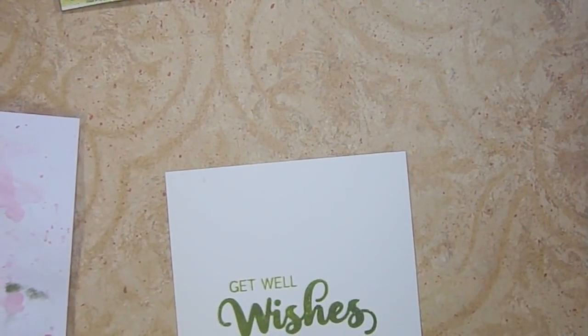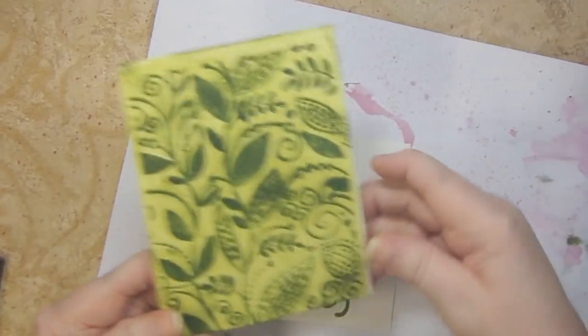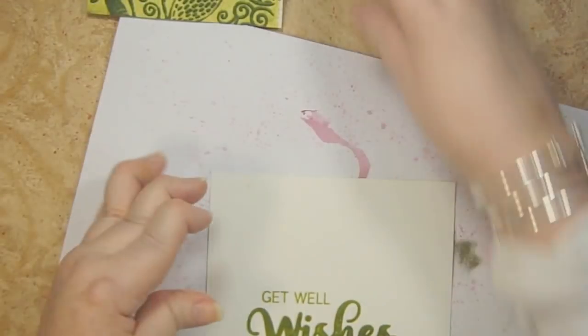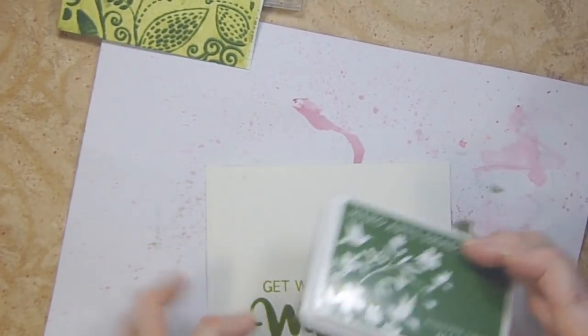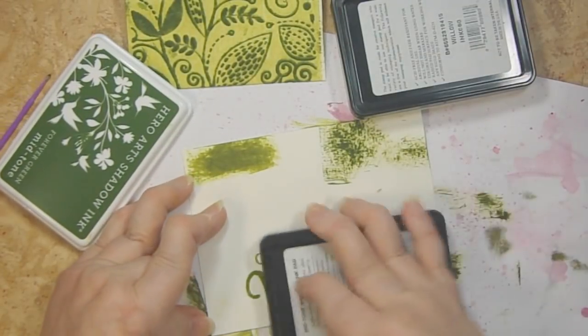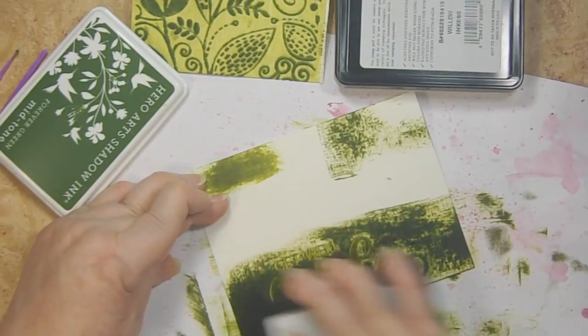This time, what we're going to do is the same technique as we did with the embossed folder, only this time we're going to use our darker green ink to go over the Get Well wishes. I'm going to do exactly what I did with the embossing folders. I'm going to go over this image with my darker